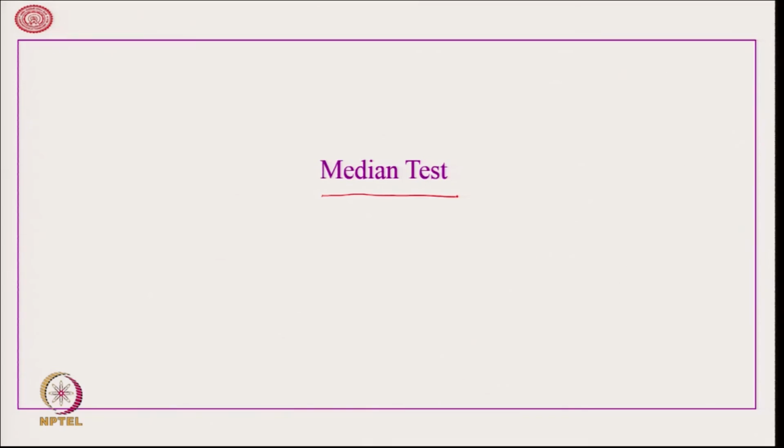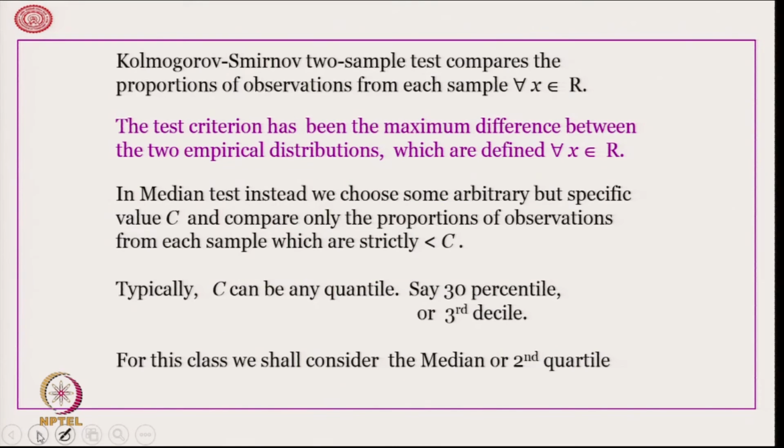However, for the sake of completeness, let us see what is the idea behind the median test. Now, Kolmogorov-Smirnov two sample test compares the proportions of observations from each sample for all x belonging to R. Hope you remember that we are going through the entire range and we are trying to check the difference for all x, the difference between the cumulative relative frequency for x sample and y sample for a particular value x,